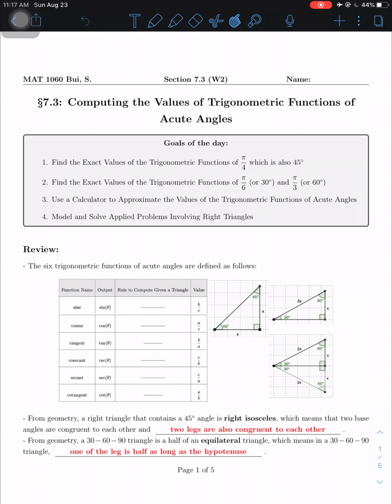Okay? And then the last concept of 7.2 that we learned is the complementary angle theorem, or shortcut CAT. In order for two trig functions to be equal to each other, or have the same value, we have two requirements. The first requirement is that the trigonometric functions have to be co-functions of each other. What do I mean by co-functions? Co-functions are the ones that go by names, like sine is the co-function of cosine, tangent is the co-function of cotangent, and secant is the co-function of cosecant,